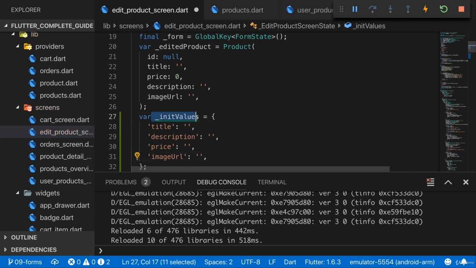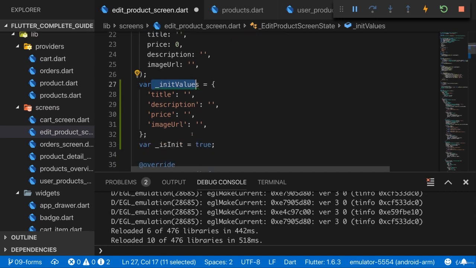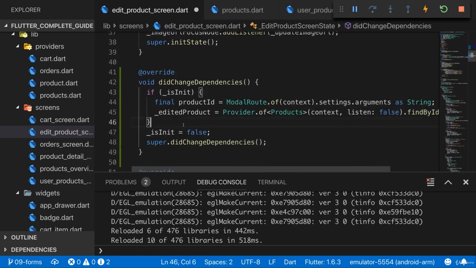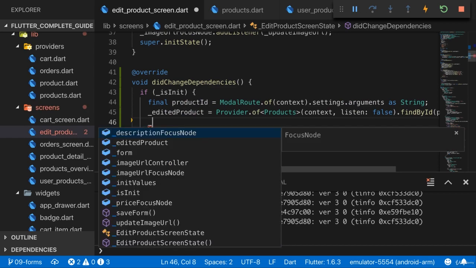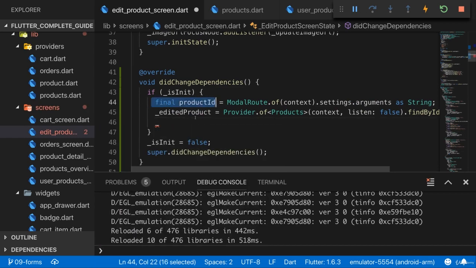These are my init values, which are set up for a new product, and I will simply override them here in didChangeDependencies if we have an edited product, which we clearly have at this point. So here we can now set the init values equal to a new map